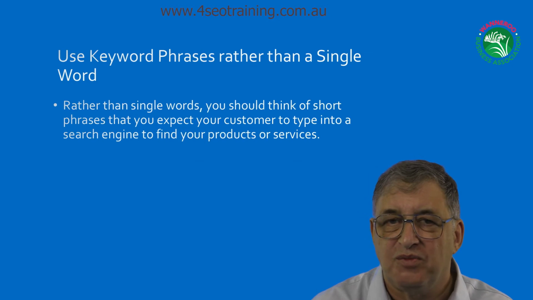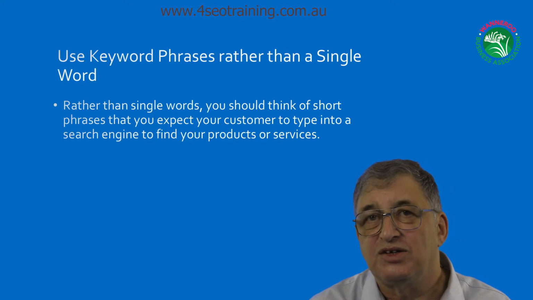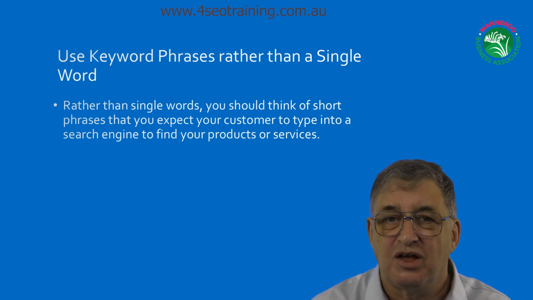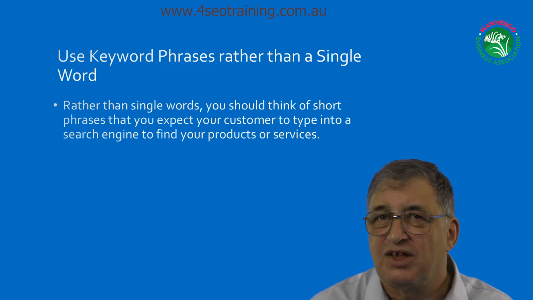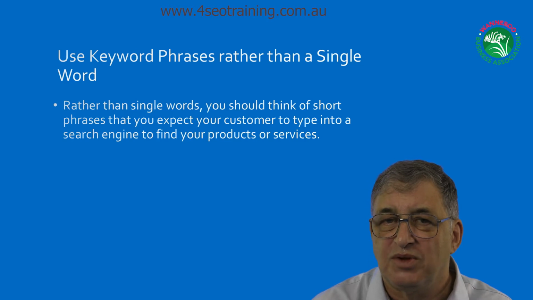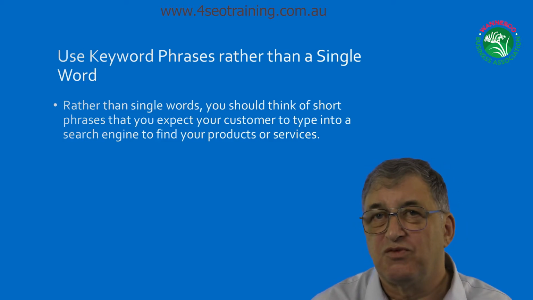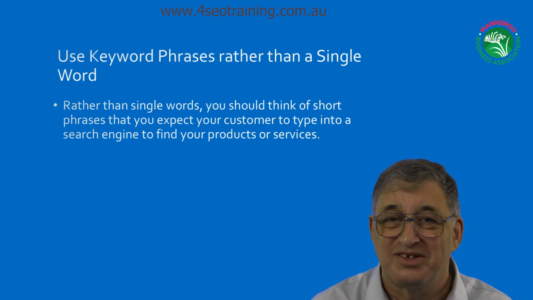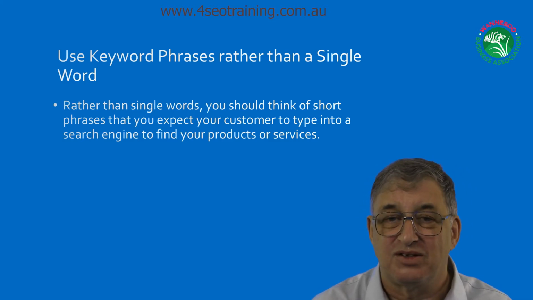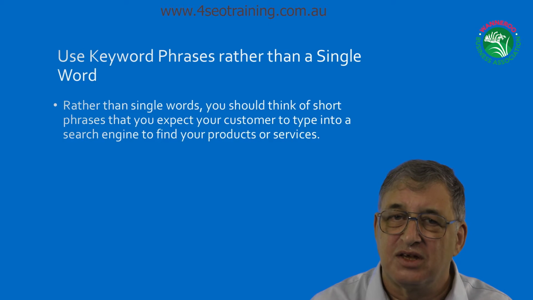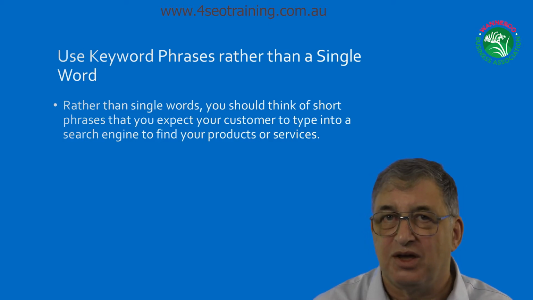Another obvious thing which people kind of miss is to use a phrase rather than a single word. Even now I still get people ringing up saying, oh, I want to be first in Google for the word plumbing. And I think, okay, how does that work? If you're a small company based in Perth, why do you want to come up first in Sydney for the word plumbing? It doesn't make much sense. You'd want to be first maybe for plumbing Perth or plumbing in a suburb. That makes sense. So be realistic about the phrases you want to actually promote with your SEO.